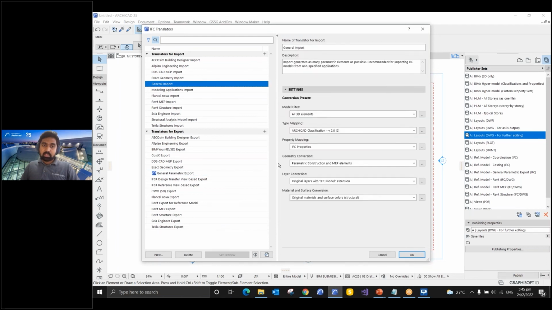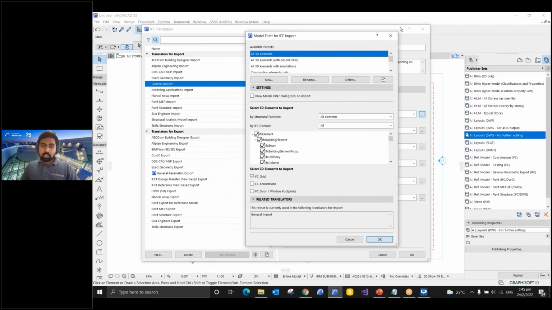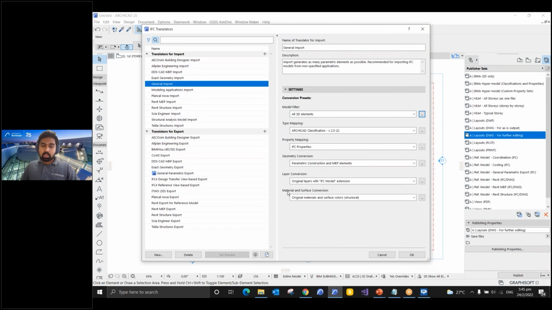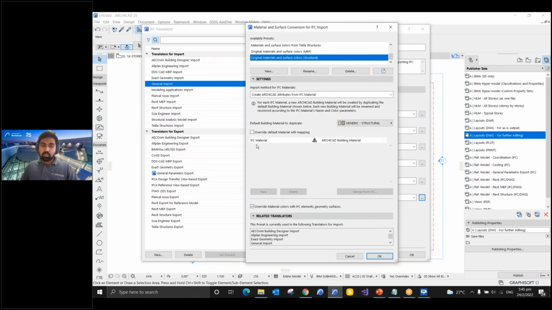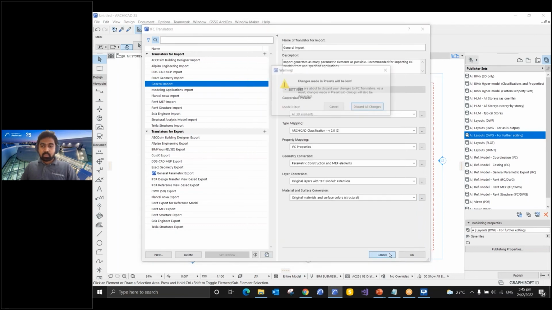So inside the import translators, it is very similar to the export translator. I'm not going to go into the details. But when you import, it is very similar. You can choose the type of component that you want to import. The only difference is the material and surface conversion here. So when you are importing, you can choose the material from your IFC. You can have the IFC material and then the corresponding Archicad building material that you want to replace it with. Okay, so you can define this inside the import translator so that you can have your model as expected inside the Archicad file. Okay, so the last one is